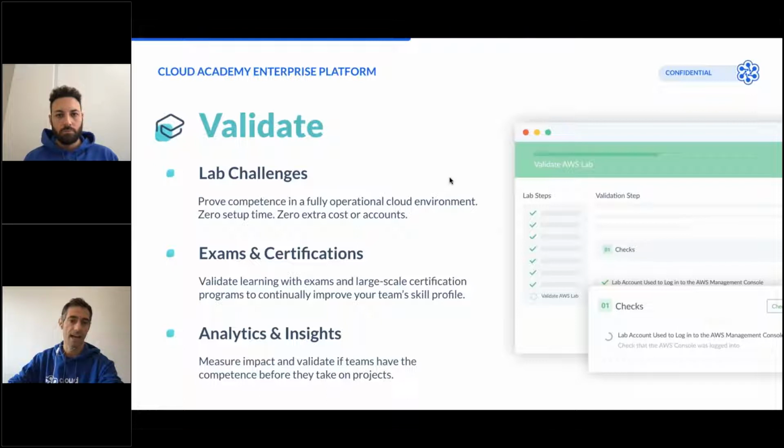Again, another aspect that we really are proud of are the lab challenges. We release challenges, I would say, on a weekly basis. We have one or two new lab challenges, which are basically environments where something is broken and the user has to fix it without any guidance. An important thing to know is that you don't have to pay anything extra for this. So the user is going to use AWS or GCP or Azure instances without any extra cost. We give you the credentials for that and they are ready to go.